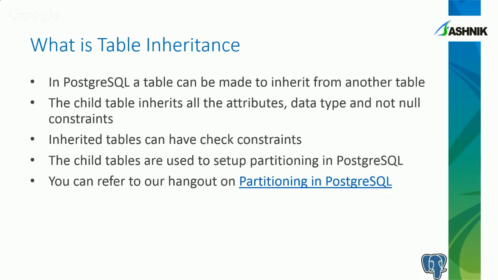Now let's look at the feature that we are going to discuss in today's session. Let us start with basics, and let's take a look at what is table inheritance. Basically, in PostgreSQL, you can make a table to inherit from another table, and when you do that, the child table would inherit all the attributes and data types of the parent table. These inherited tables can have check constraint, and the child tables